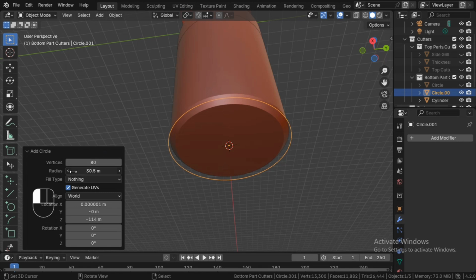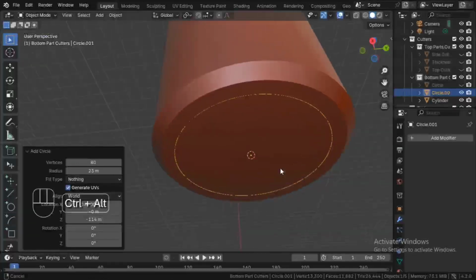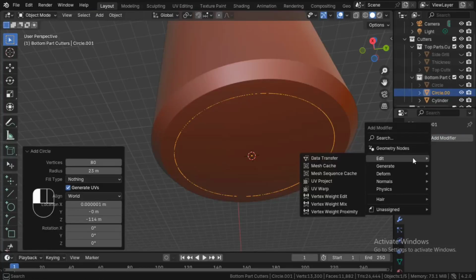Okay, make it less, like 80, and change the radius, and we're going to make it 22. It looks too big. Okay, 23,